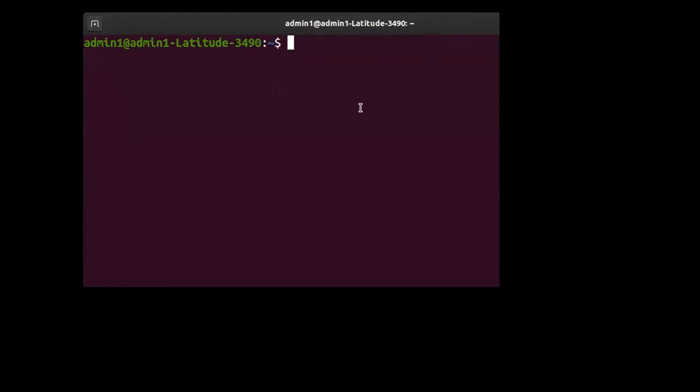The first command that we are going to see today is called the tr command. Just make a note of it. tr stands for translate the characters.